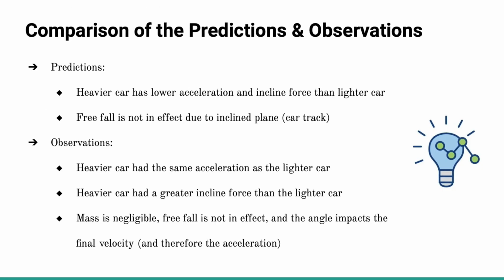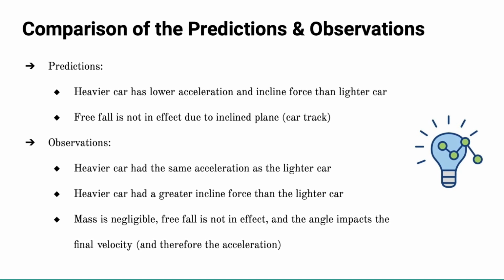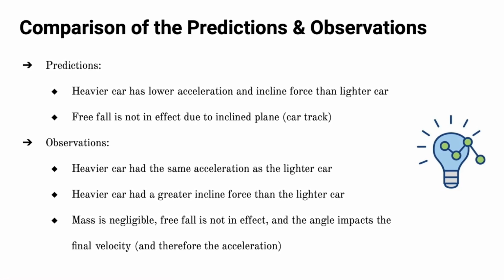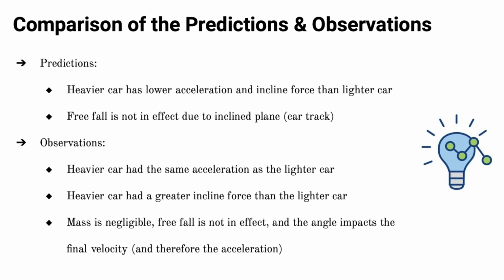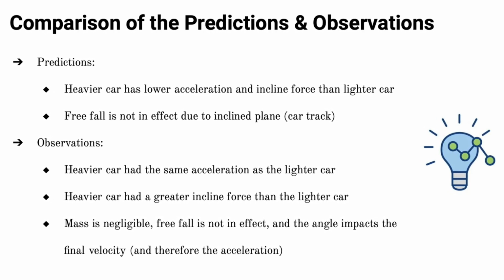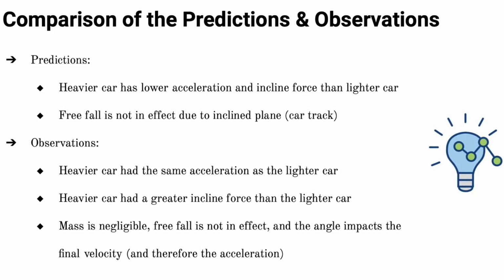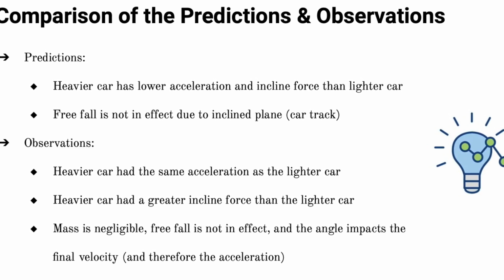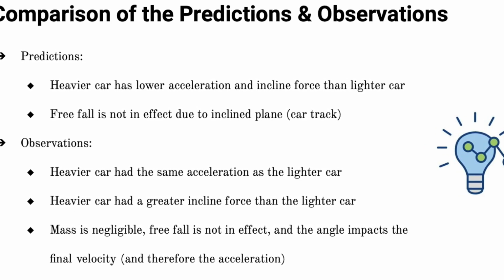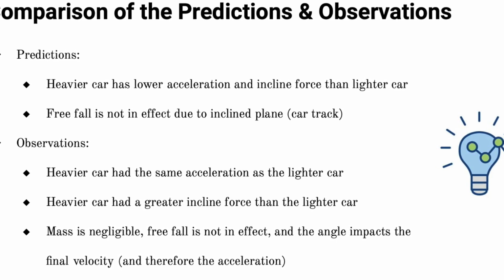For our predictions, we believe that the heavier car would have a lower acceleration and incline force higher than the lighter car. And we also hypothesized that the free fall is not in effect due to the inclined plane. In terms of our observations, we saw that the heavier car had the same acceleration as the lighter car, and that the heavier car had a greater inclined force than the lighter car. In both cases, mass is negligible, free fall is not in effect, and the angle impacts the final velocity, and